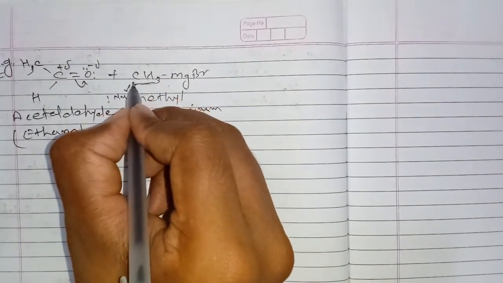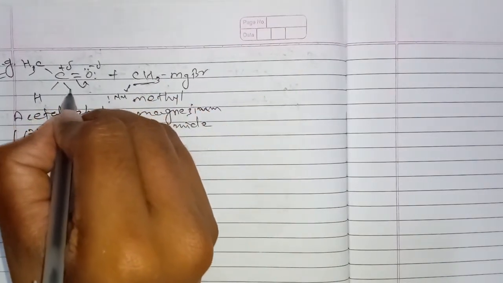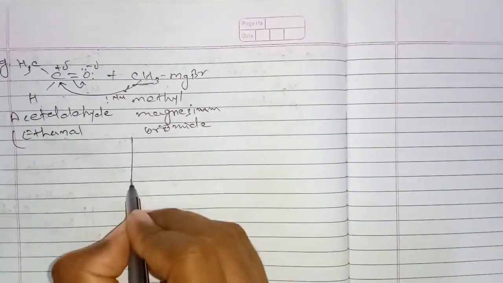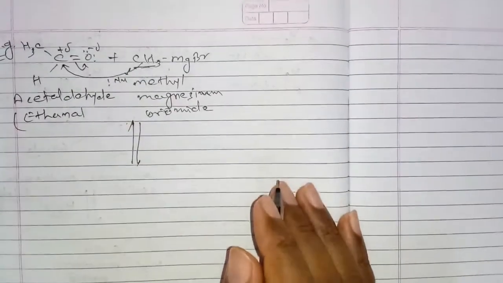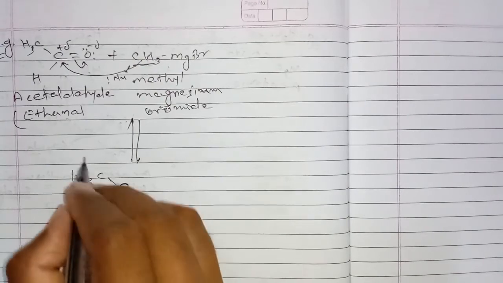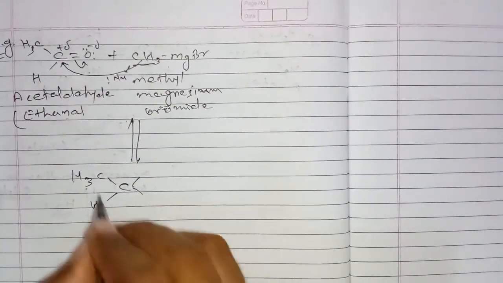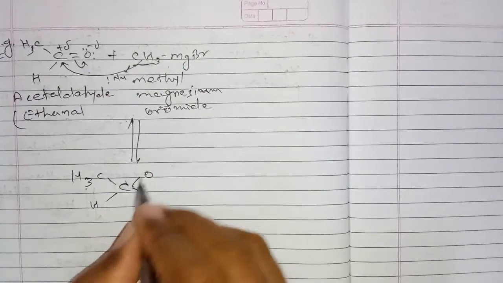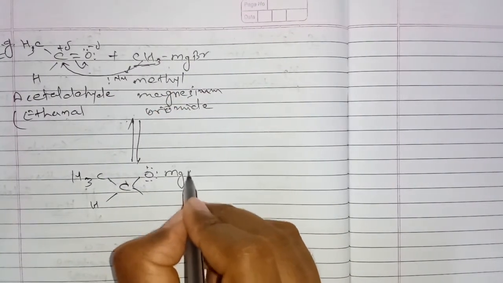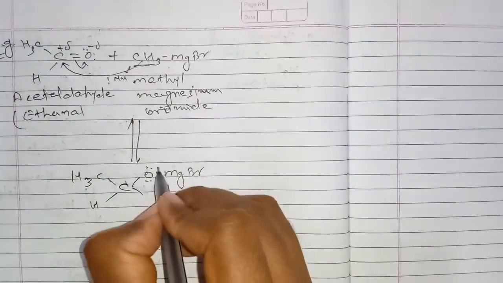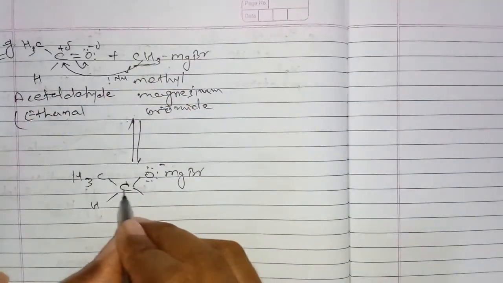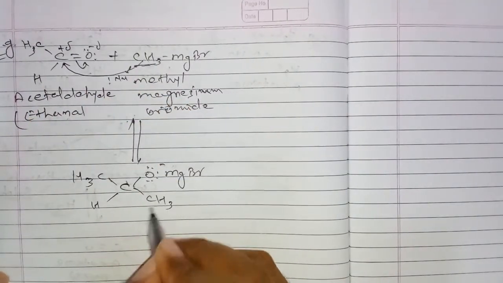This nucleophile will attack on the carbon, CH3 and H. Here oxygen, the MgBr will be attached, this is negative, and this methyl will attach with the carbon,